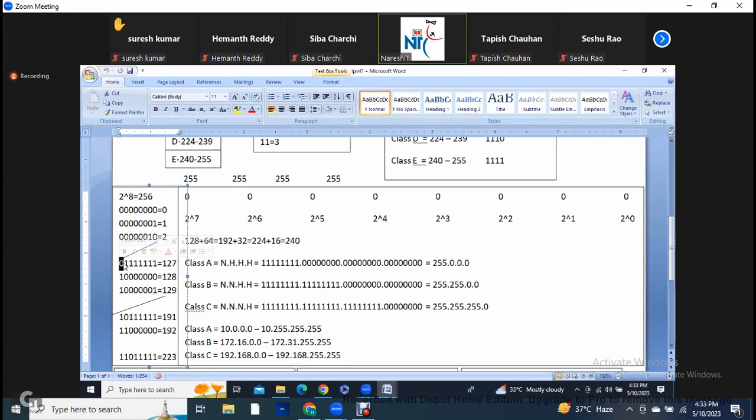How did they get defined? 0 to 127. So here 0 we got, and this is 127. 0 is a priority bit for class A. 0 to 127 is the range for class A. Based on this priority bit, they define the classification. Yes, no,